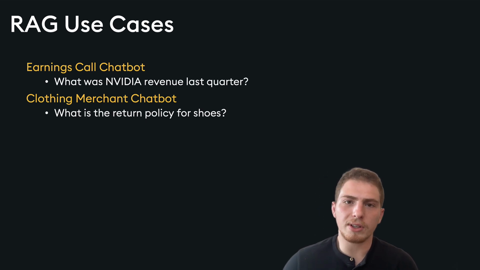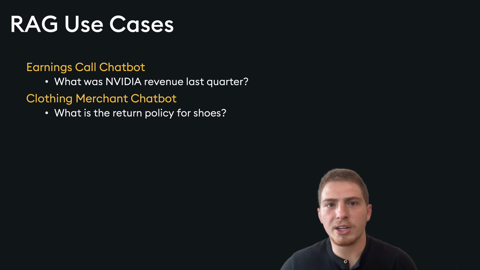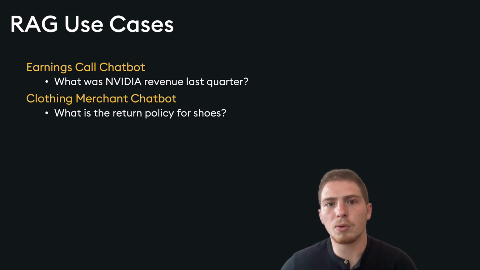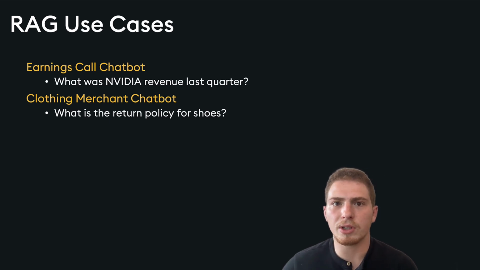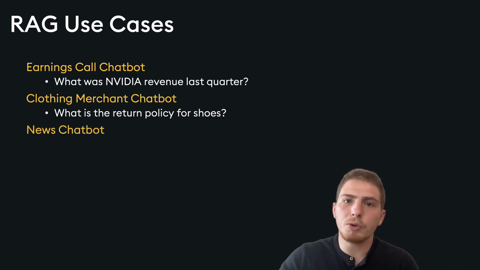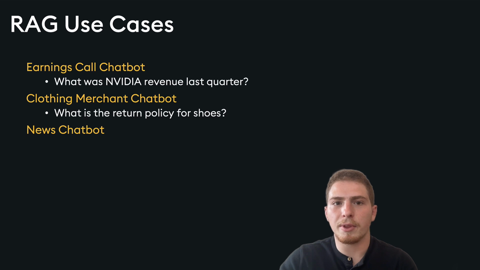So we have to calculate based on the percentage difference in terms of accuracy between our chatbot and a human. Is it still worth it to eat the cost of a potential bad response? And if you have a very accurate retrieval system, typically the answer is yes. A news chatbot is another use case that takes advantage of the fact that RAG can introduce new information to